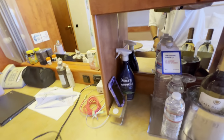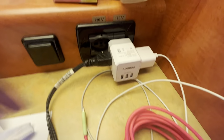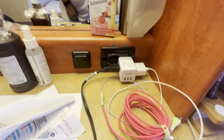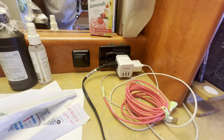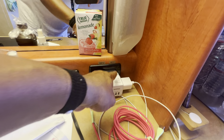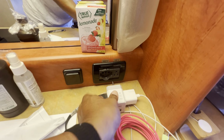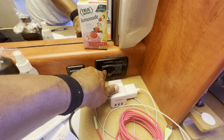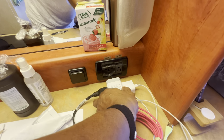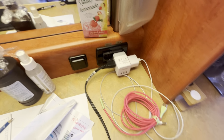As you can see, we brought our power adapter, the power box, because there's only one of these in the room. There's one European plug and one 120 volt American plug. So we plugged in our cube, and a charger for the computer for the kids because